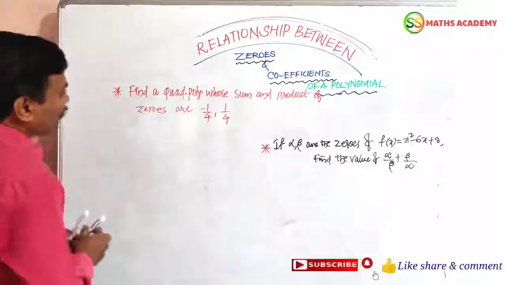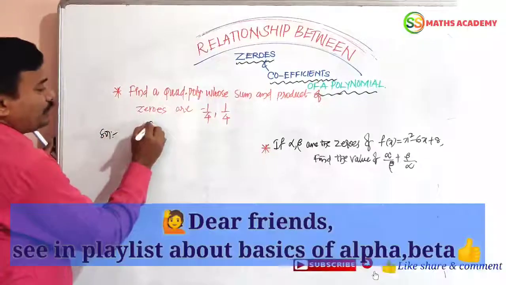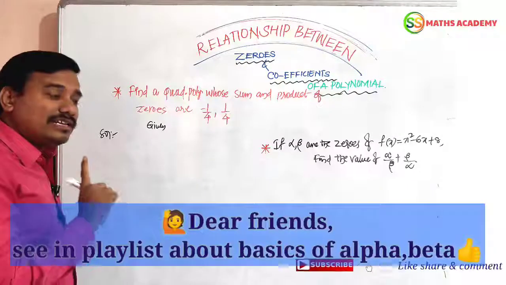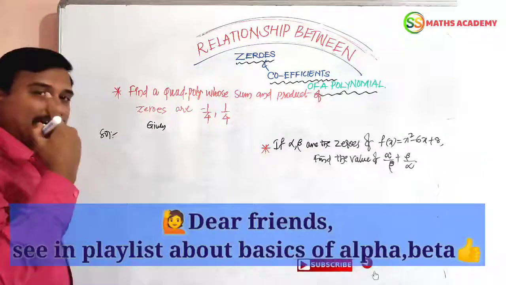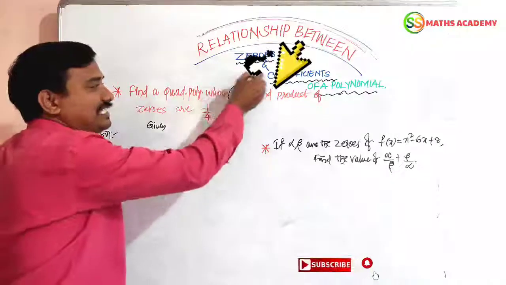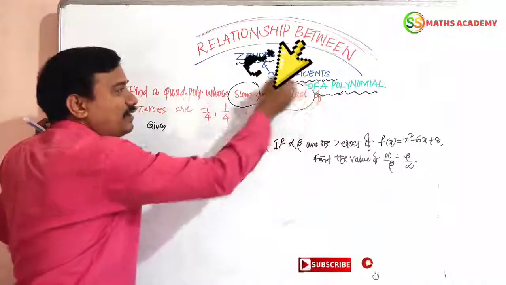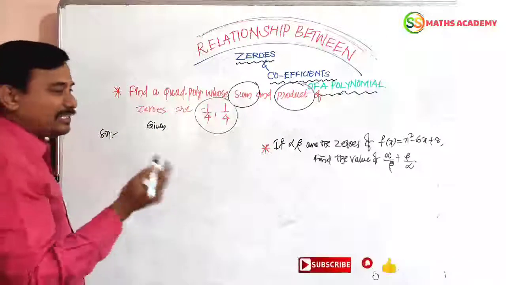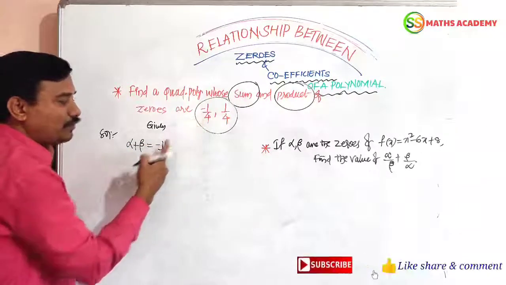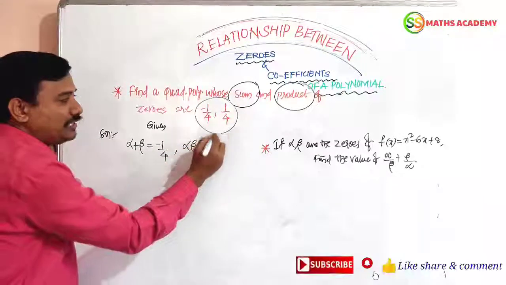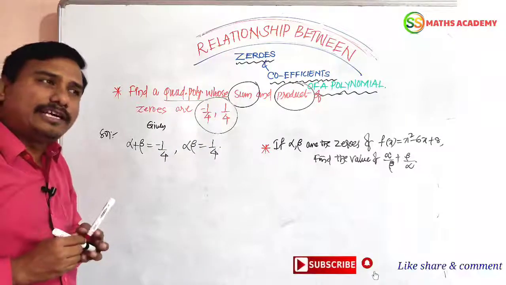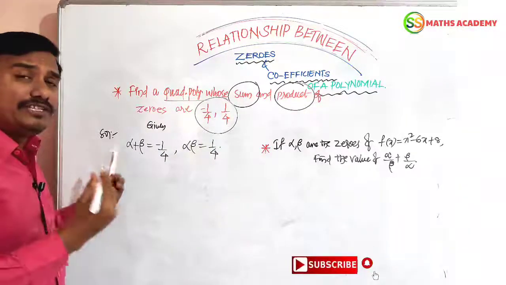Let us see, friends. What is given, we have to write from the question. As I told you every time, it is very important to pick out the key terms in a question and substitute them in the formula, then we will get a perfect answer. Here, first keyword, second keyword, third keyword. Sum: alpha plus beta is minus 1 by 4. Alpha into beta is plus 1 by 4. It is asking to find a quadratic polynomial. How do we form a quadratic polynomial with alpha and beta?